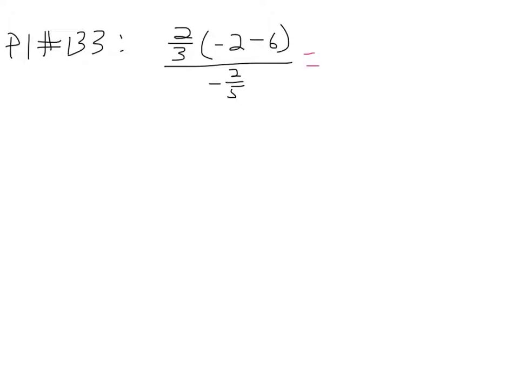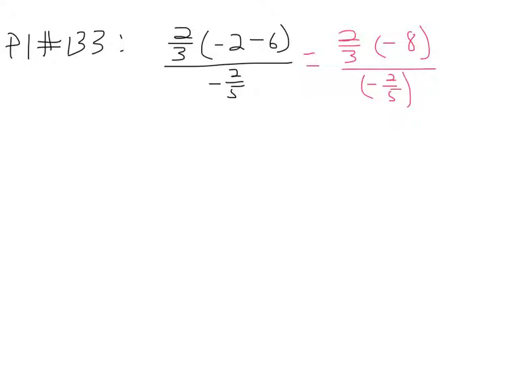So this 2/3, I'm going to leave that alone, but this -2 and -6 I can combine to a -8. This -2/5 on the bottom, I'm going to put a parentheses around. So anytime we have a fraction, I can treat that as a division, right? So this is the same as 2/3 times -8 divided by this fraction of -2/5. But if we're dividing by this fraction of -2/5, that's the same as multiplying by the fraction flipped over as